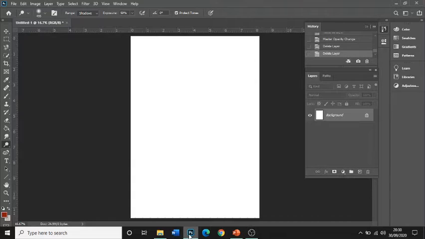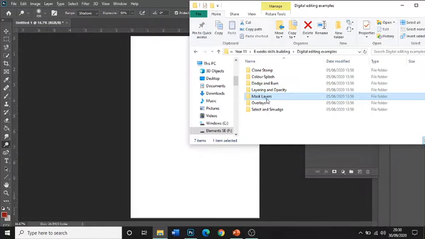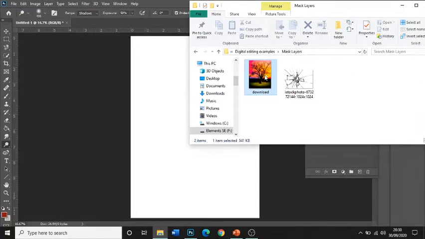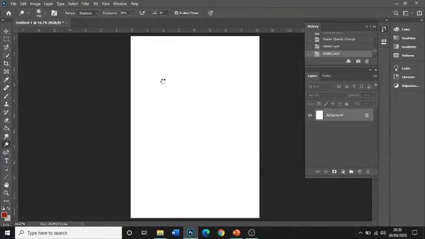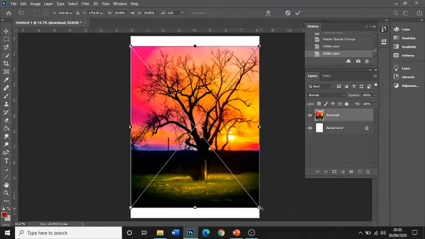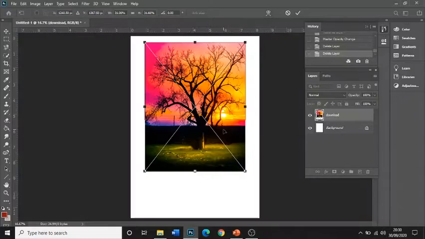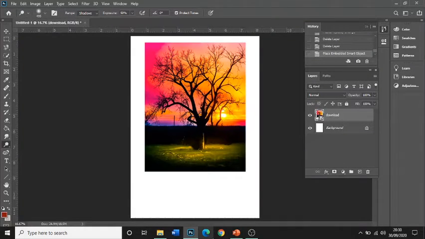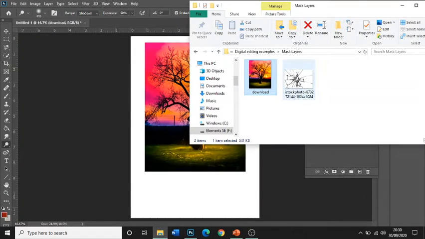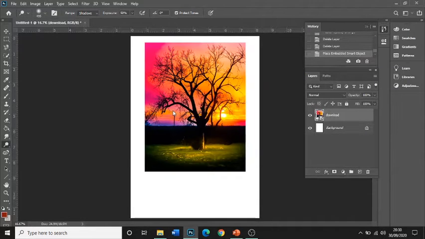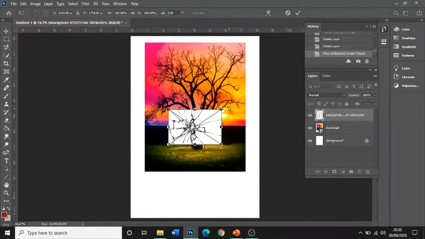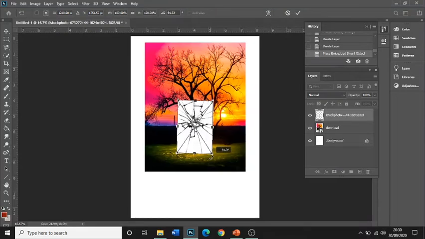Right, okay, so now we're going to have a look at the more complicated way of doing that with mask layers. So if you go into your mask layer folder, it's exactly the same two images. You could copy it from the first folder if you like. But again, we're going to drag and drop our image of the tree and place it, and then drag and drop the image of the mirror, and I'm going to